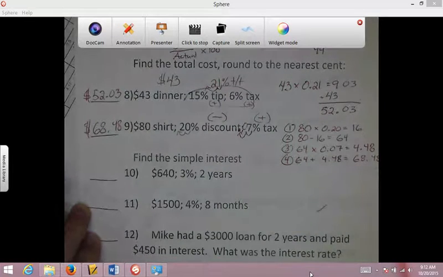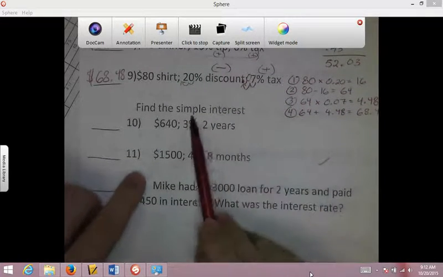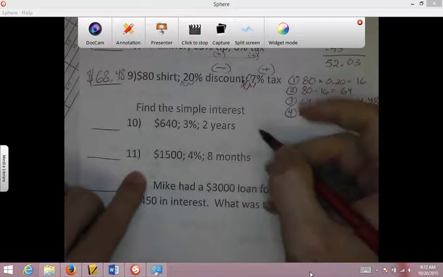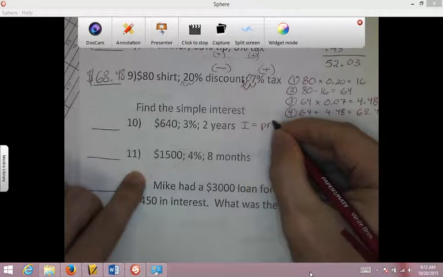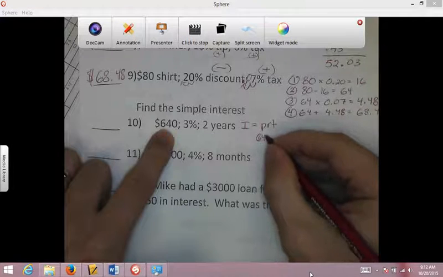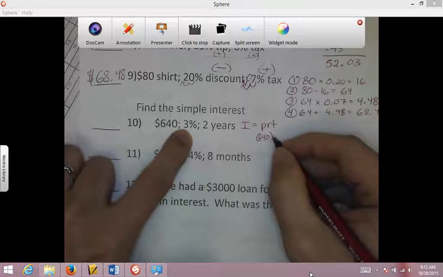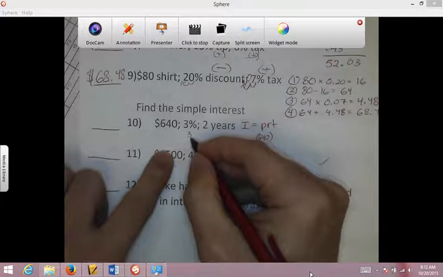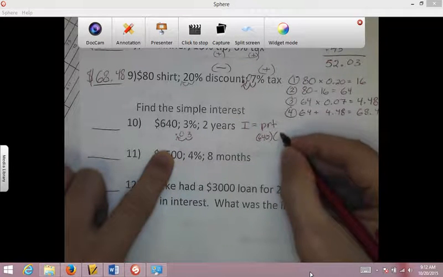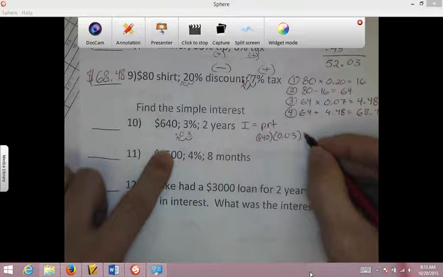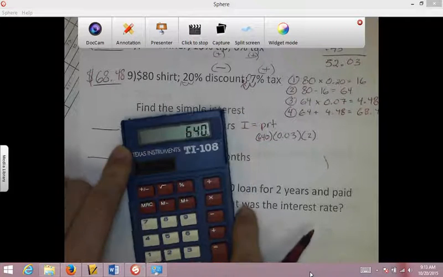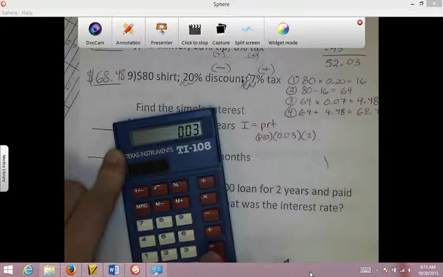The next two say find simple interest. So, $640 at 3% for 2 years. Remember our formula, I equals PRT. So, the principal amount, it's what we start with, that's $640. The rate, 3%, remember, you need to turn this into a decimal equivalent by moving a decimal point over twice, fill in that hole with a 0, so we've got 0.03. And the time in terms of years is 2. 640 times 0.03 times 2. We end up with